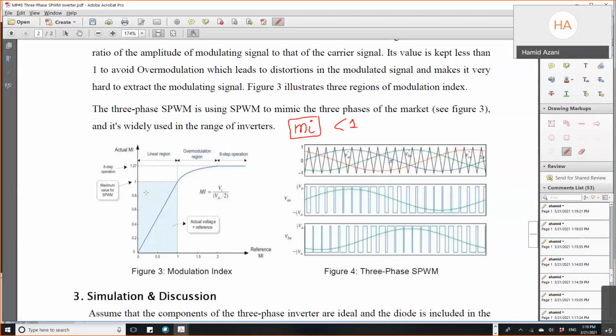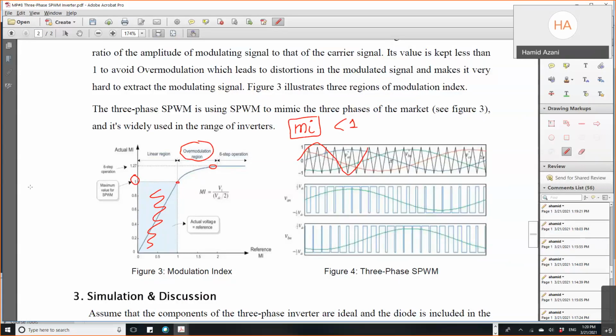Below 1, this SPWM modulation technique works, and once we cross this and make it more than 1, between this point and this point, we go to what we call over modulation,